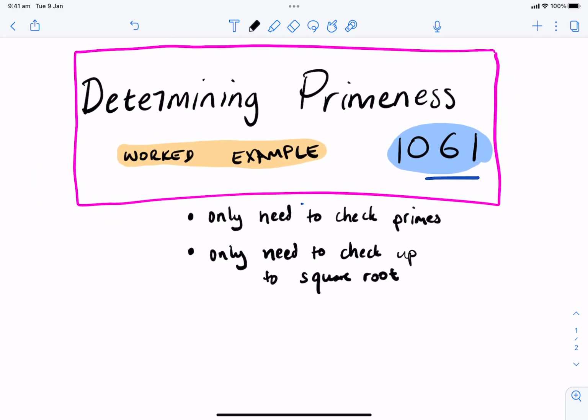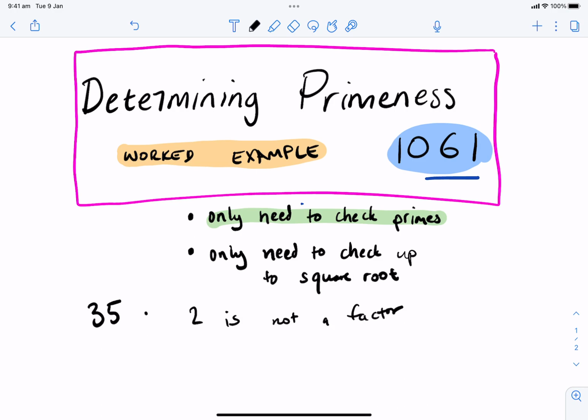Now, why do these rules apply? I guess it's worth reflecting on this a little bit. We only need to check primes, because if 2 is not a factor of a number, then none of the multiples of 2 can be a factor of that number either. So for instance, for the number 35, we know that 2 is not a factor,